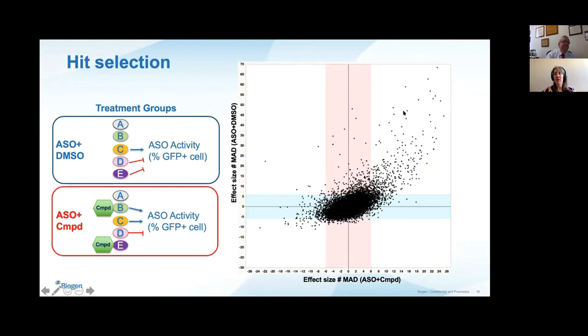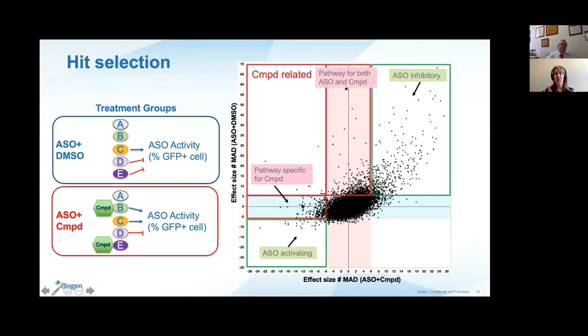And you can see that most of them are falling into this region of general ASO uptake, but we do have some that are in this region of compound-related activity that we're specifically interested in, where it looks like it might be generally activating compound activity, activating ASO activity, excuse me. And so we looked at these genes for follow-up and picked about 700 genes that we then took into our